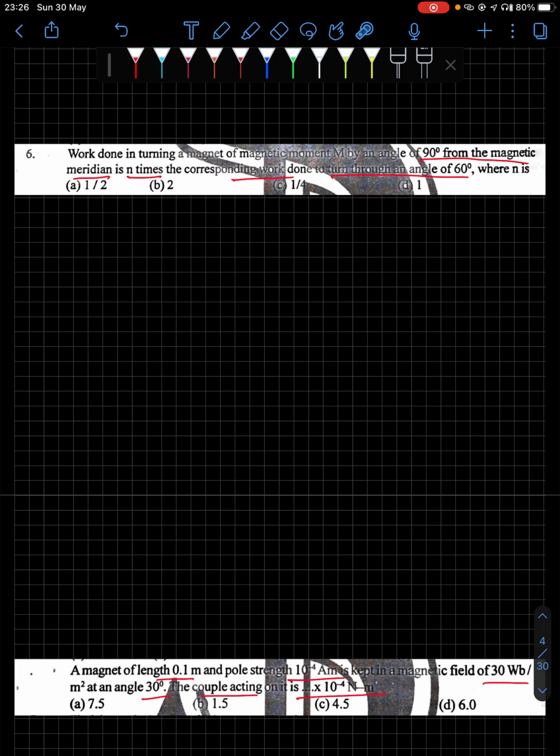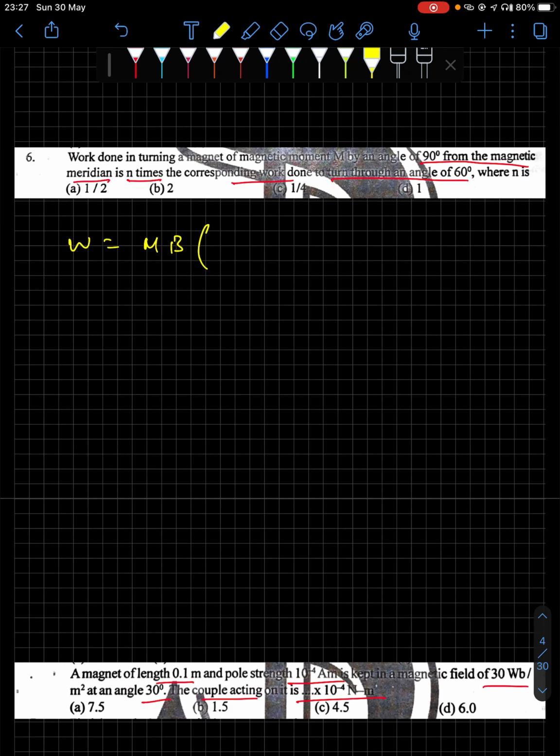Now here you have two equations. The first part says the work done while turning it by 90 degrees from the magnetic meridian is n times the corresponding work done when you turn it by 60 degrees from the same position, the magnetic meridian. You have to find the value of n. So the work done equation will be mB, in the first case going from 0 degree to 90 degree. In the second case it is n times mB (cos 0 degree